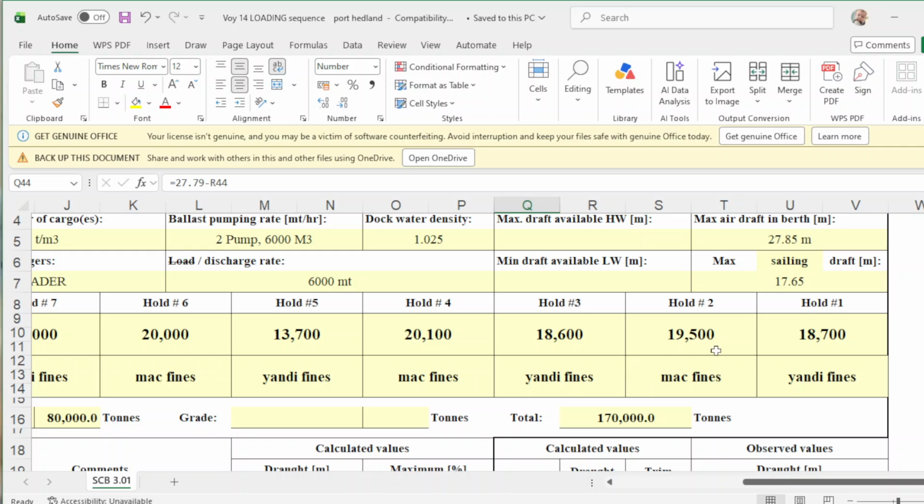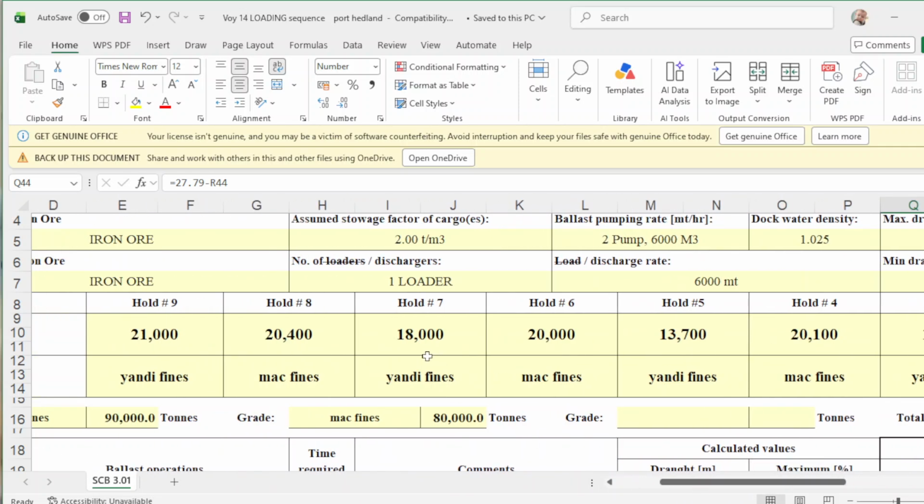Hold number 2 is 19,500, and hold number 3 is 18,600. Number 4 is 20,100, and number 5 is 13,700. Number 6 is 20,000, number 7 is 18,000, number 8 is 20,400, and number 9 is 21,000.